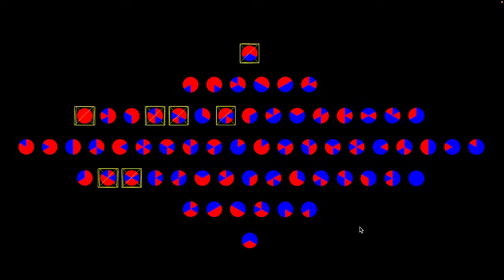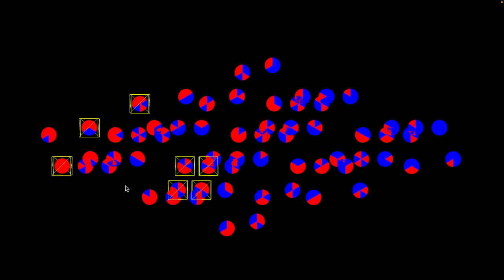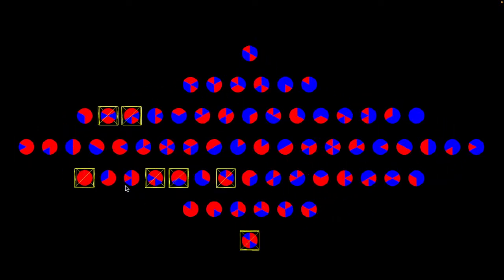So the new conjecture is that you need an exponential number of these units, because in general there's going to be an exponential number of these guys. And these are just the distance to,